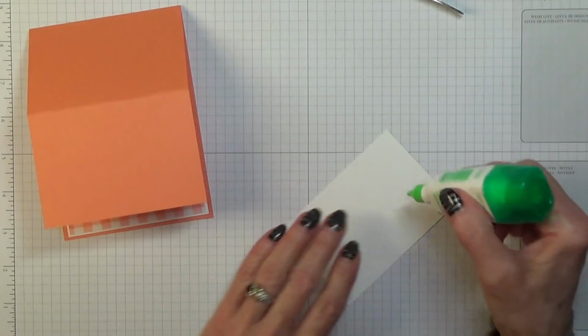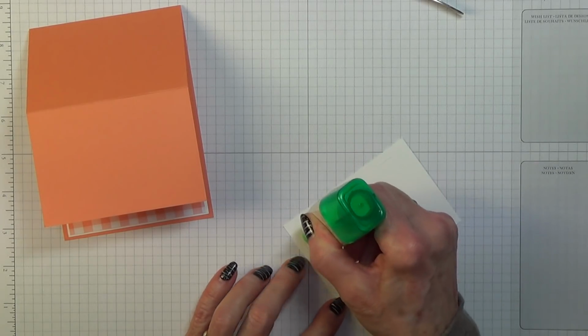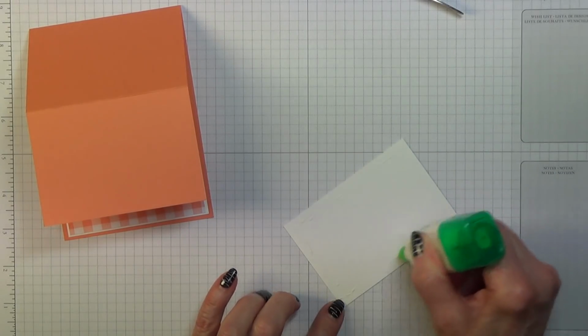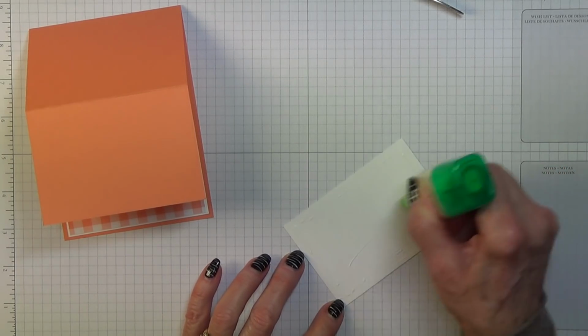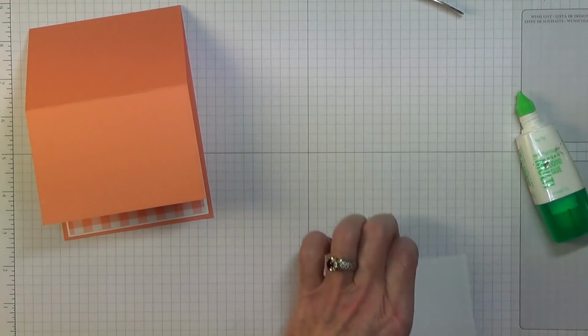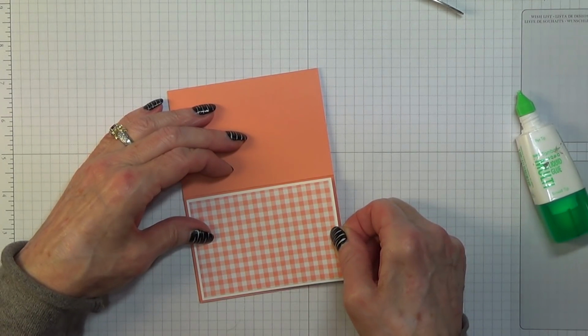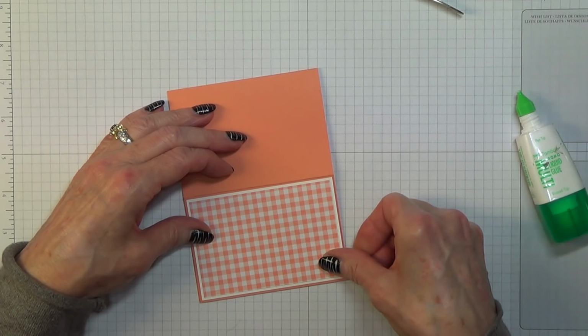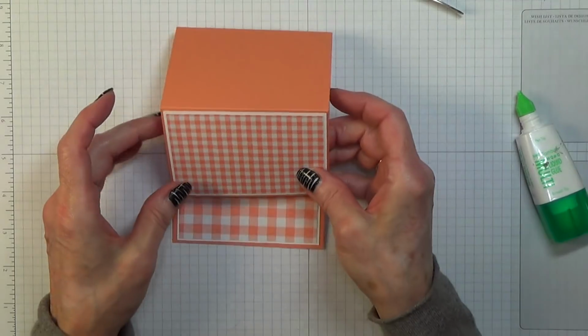But for this project, if you don't have the designer series paper, you can stamp the butterflies and punch them out with the punch. There we go, that's that. Right,